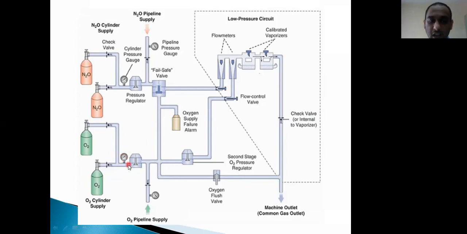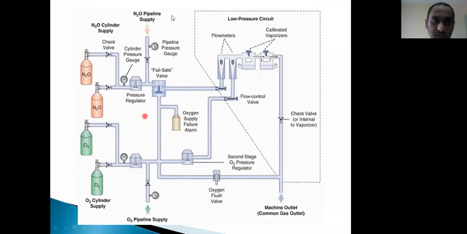Now this is at high pressure, as we'll see subsequently what the pressures in the cylinders are. These pressures need to be reduced to 45 pounds per square inch gauge, so that this part of the machine, called the intermediate pressure system, can handle the gas flow without damaging the components, the other regulators and valves, everything. So this is where the high pressure system ends, with the pressure regulators which reduce from high pressure to intermediate pressure.